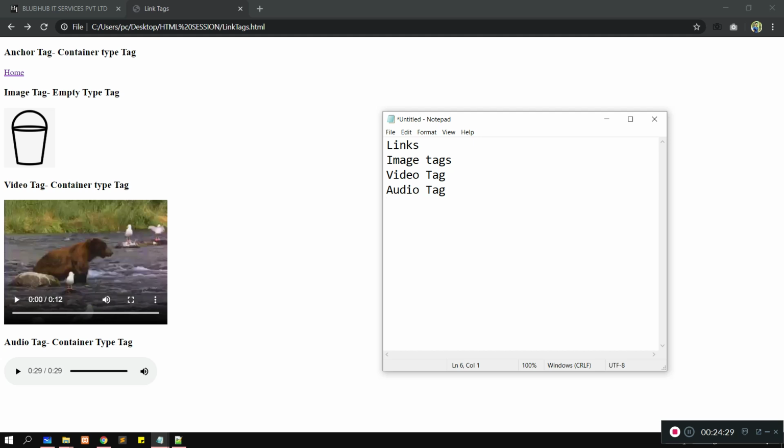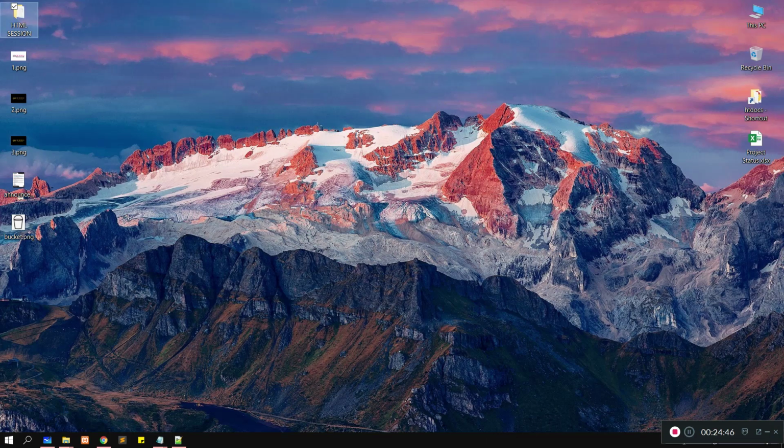After completing all this, you have to mail me your project at this mail id. Note down the mail id.